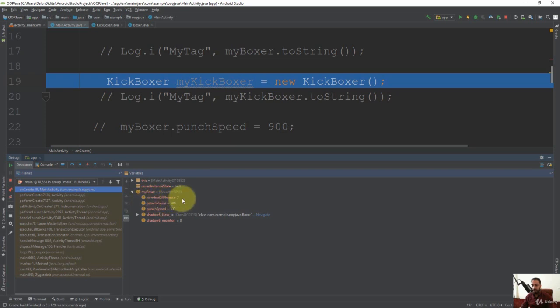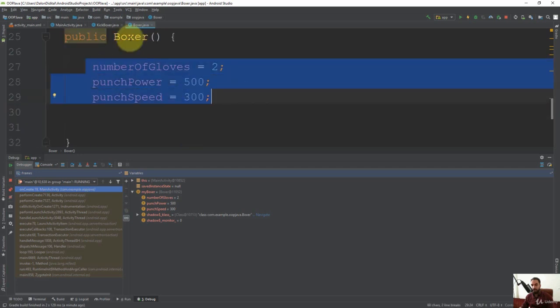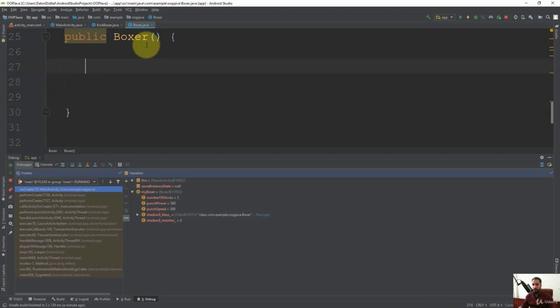Number of gloves 2, punch power 500, and the punch speed is 300. So if you switch to the boxer class, here you can see that we assigned these values to our instance variables inside the constructor of this class. Okay? So if I delete these codes that I put inside the constructor, now you should know that each class